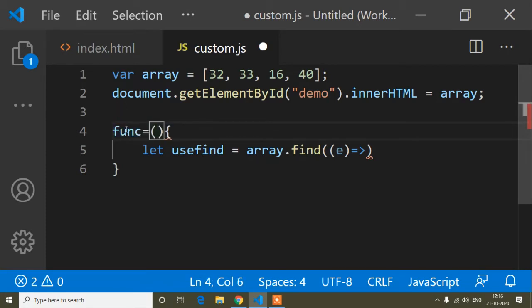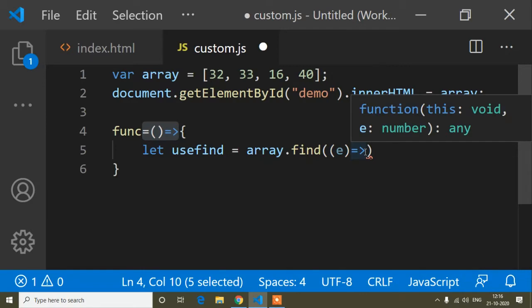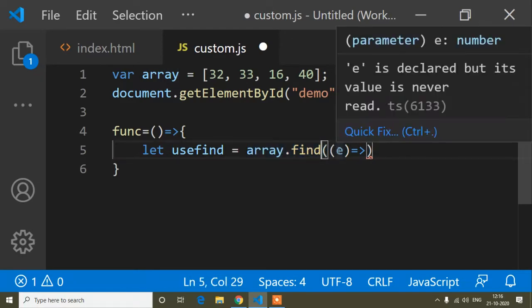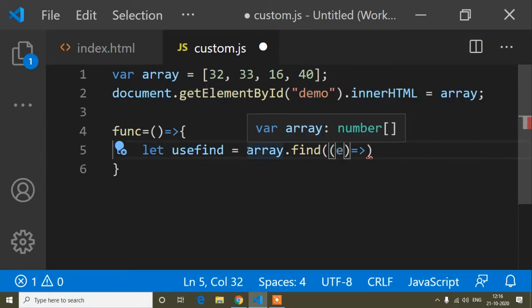So I will use a fat arrow function: equals to and this arrow. This is the syntax of a fat arrow function, and e is the function name. Okay, so inside this array dot find method I have written another function, and this is the syntax of the array dot find method. It takes a callback function.